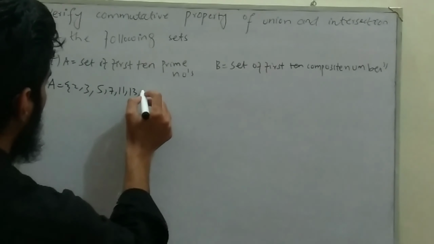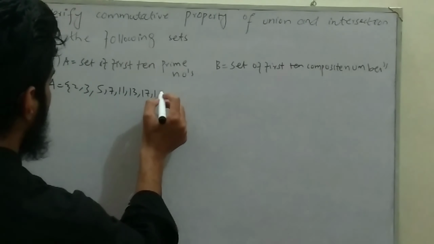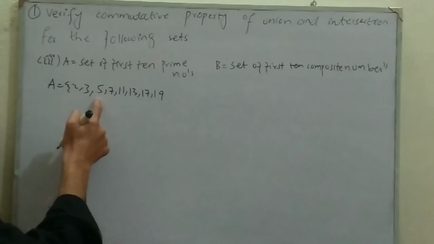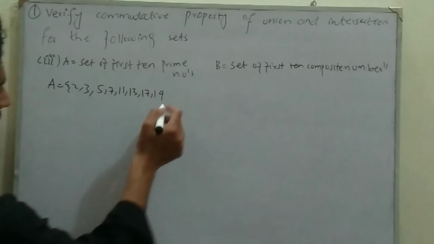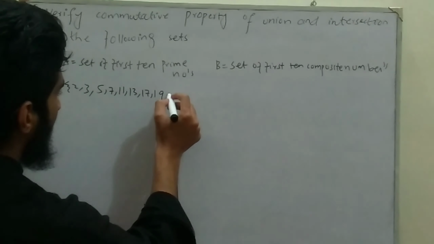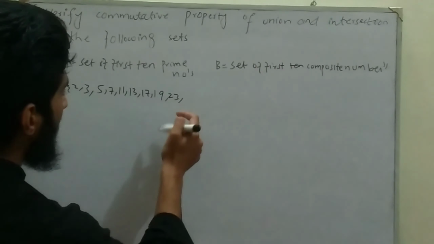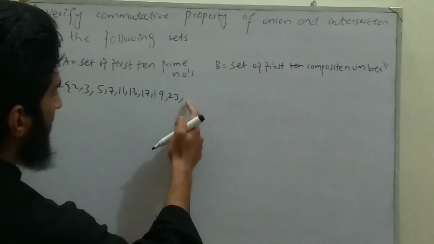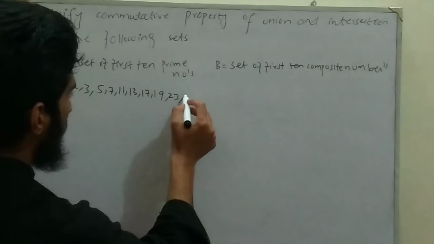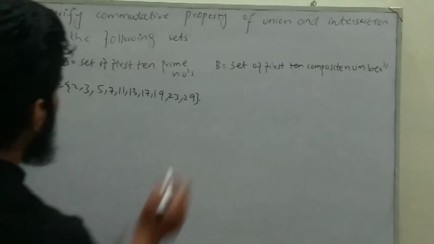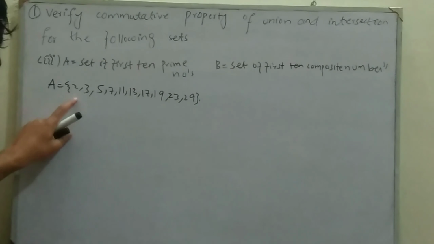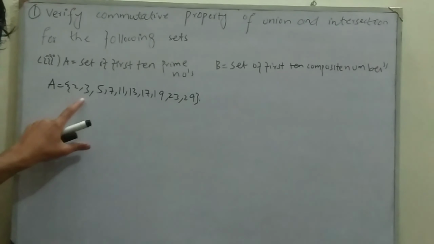is a prime number, 17 is a prime number, 19 is a prime number, 1, 2, 3, 4, 5, 6, 7, 8. And after it 23 is a prime number, and 29 is a prime number. They tell about the first 10 prime numbers. So we just take the first 10 prime numbers: 1, 2, 3, 4, 5, 6, 7, 8, 9, 10, and here